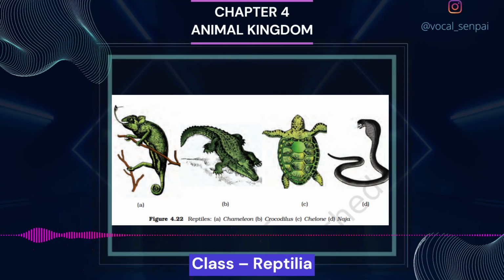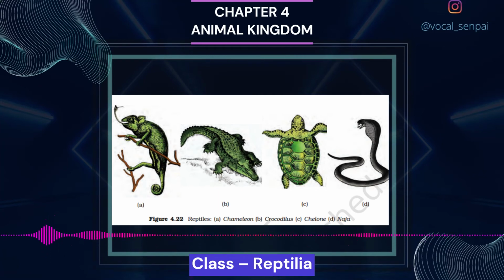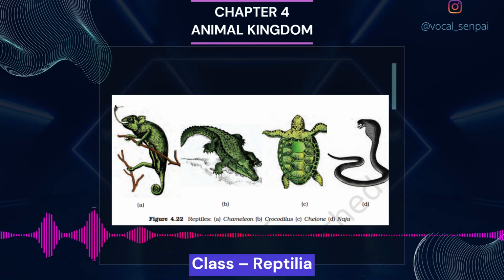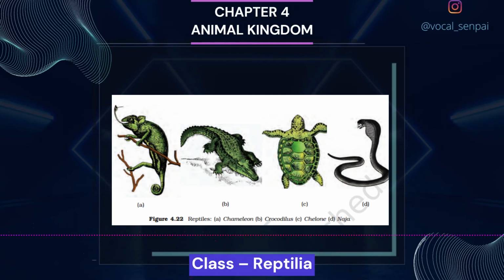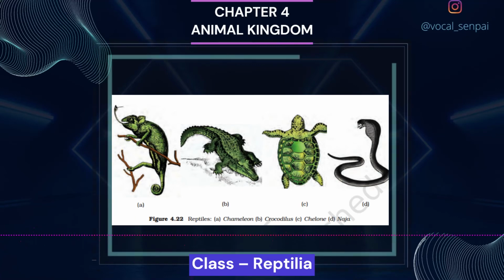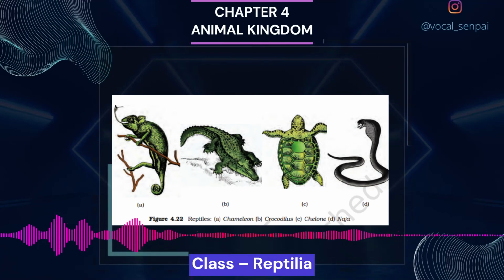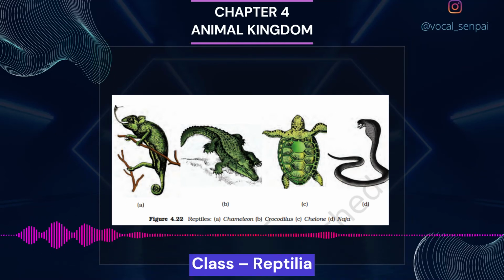Heart is usually 3-chambered, but 4-chambered in crocodiles. Reptiles are poikilotherms. Snakes and lizards shed their scales as skin cast. Sexes are separate. Fertilization is internal. They are oviparous and development is direct. Examples: Chelone, turtle, Testudo, tortoise,